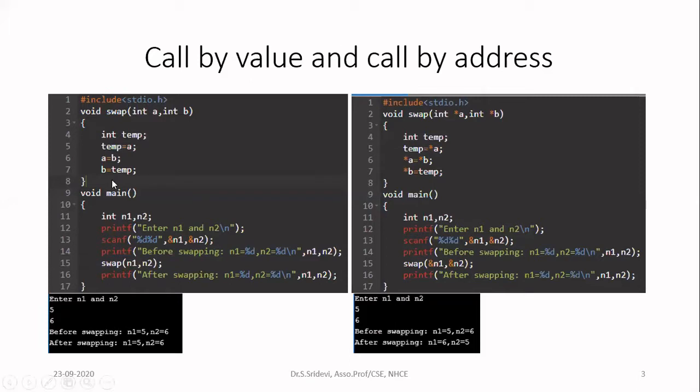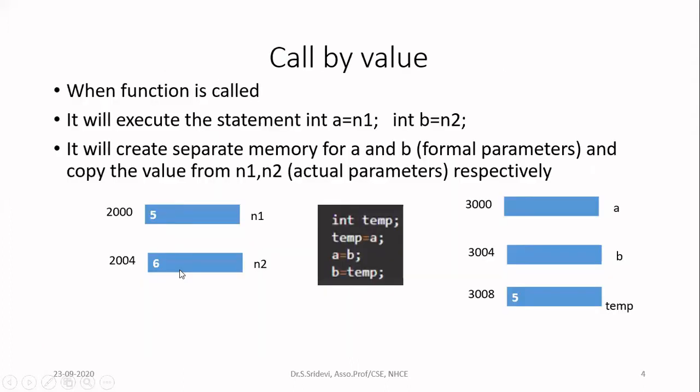Now in this function, I am going to exchange the values of a and b. To exchange the values of a and b, I need one temporary variable, so I am creating int temp. First, whatever is the value of a, I am copying into temp. Then whatever is the value of b, I am storing in a because a is now free. Then I take the value I stored previously in temp and assign that to b. When you run this program, the values will be exchanged because that is the work of the function. But now let us see what will happen when I run this program. Let us go to the next slide.